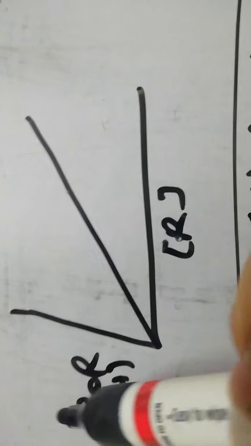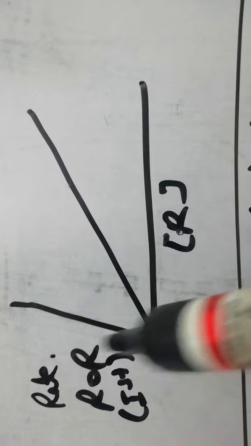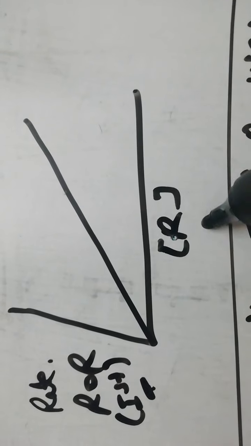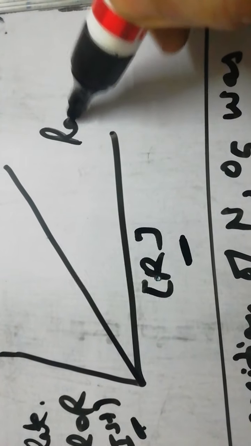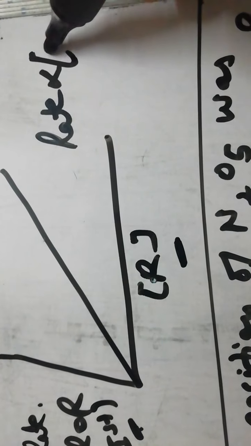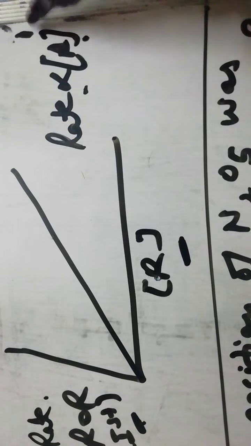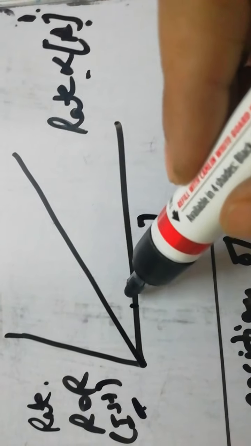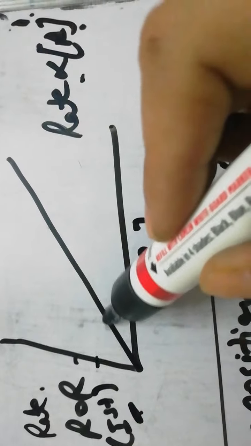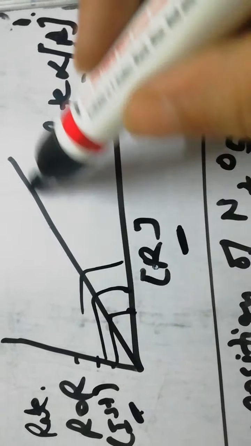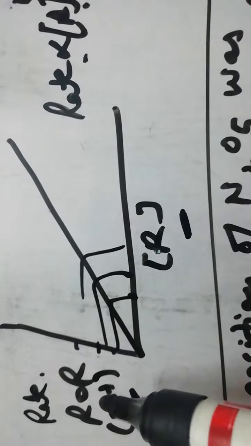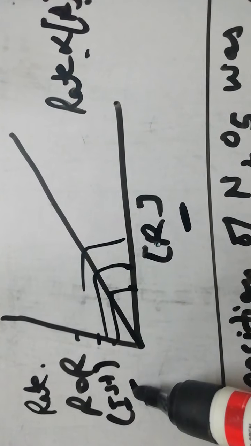And in the same way, if we want to draw the graph of rate of reaction, this is the rate of reaction of first order reactions with the concentration of reactants. In the first step we have written that the rate of the first order reaction is directly proportional to the concentration of reactant raised to power 1. So if the concentration of reactant increases, the rate of reaction will increase. So we will get this type of graph. This is the graph of rate of reaction for a first order reaction with the concentration of reactants.